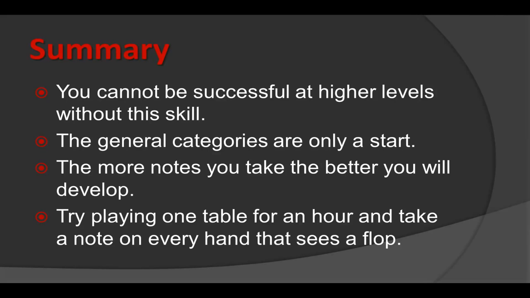Again, I said at the beginning, the general categories are your start. I gave you a foundation, a starting point, but drill down. Don't just say, oh, this guy hasn't played a hand in 15 rounds, so he's tight, probably weak. I'm going to put the yellow dot on him and then never really make another note. That's good. It's a good start, but you've got to do more than that. You've got to do a little better than that. Figure out why he's tight. Is he playing 20 tables,